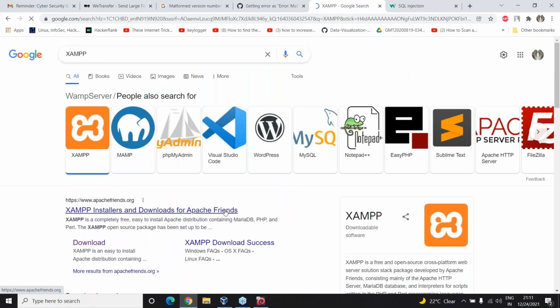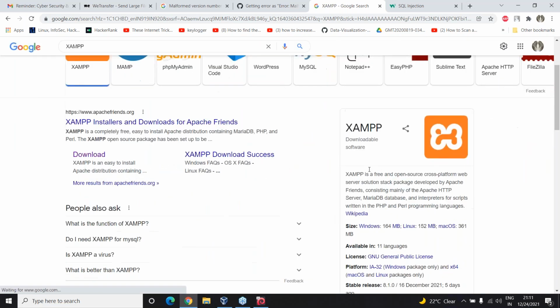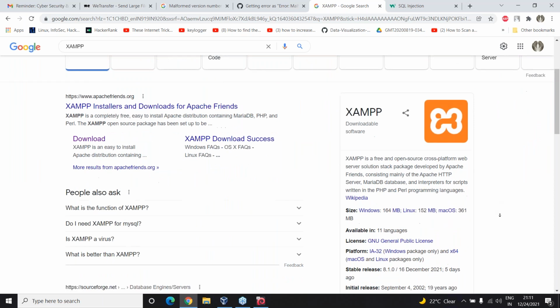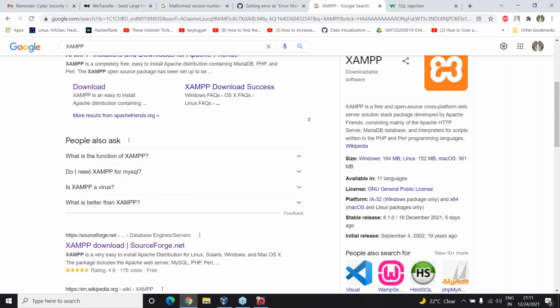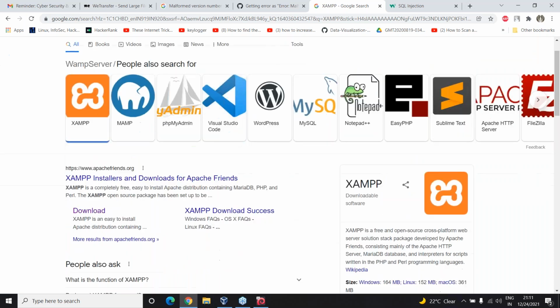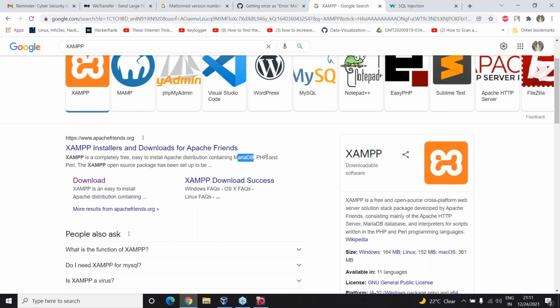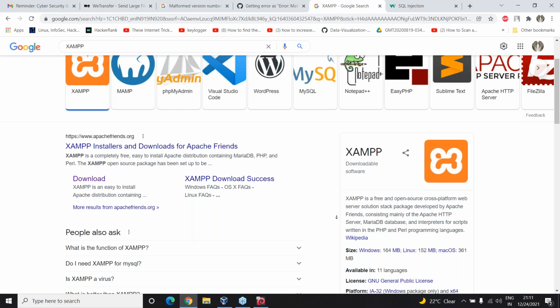They're all very similar software. Again, this is free and open source. I guess this is from a company called Bitnami, where you get the XAMPP server. Right? So this also has an Apache distribution for MariaDB, PHP, Perl, Apache. Okay,